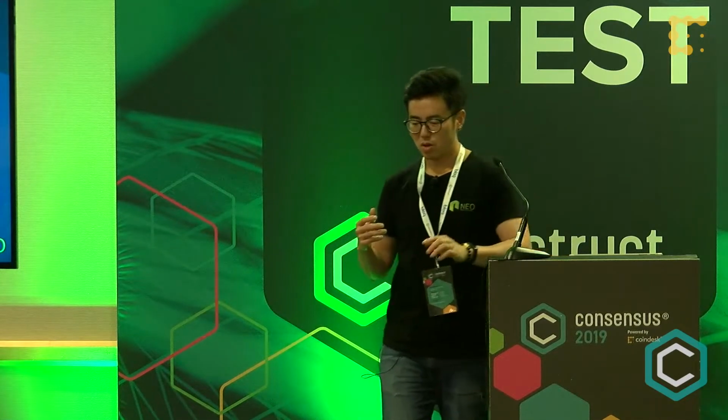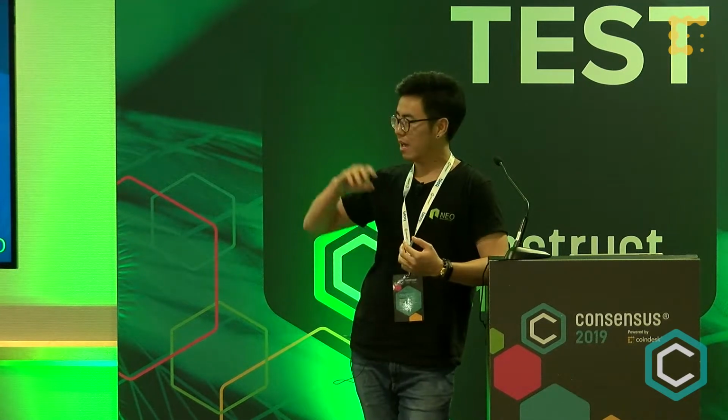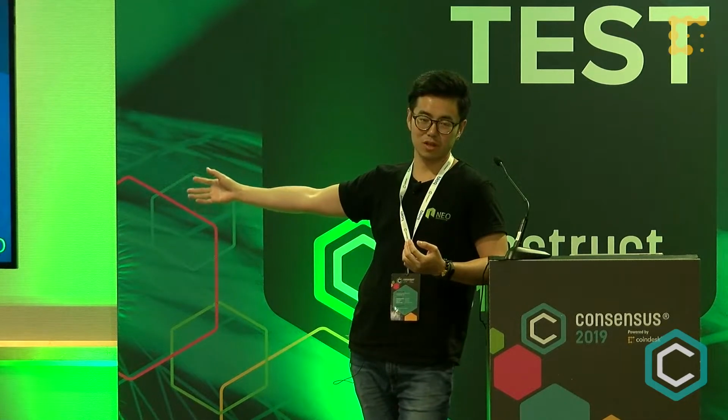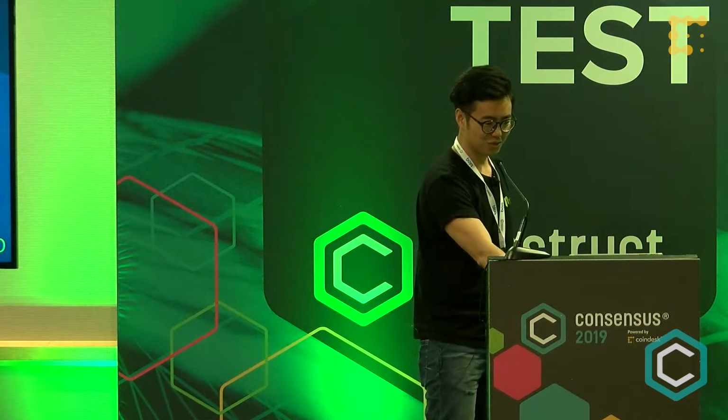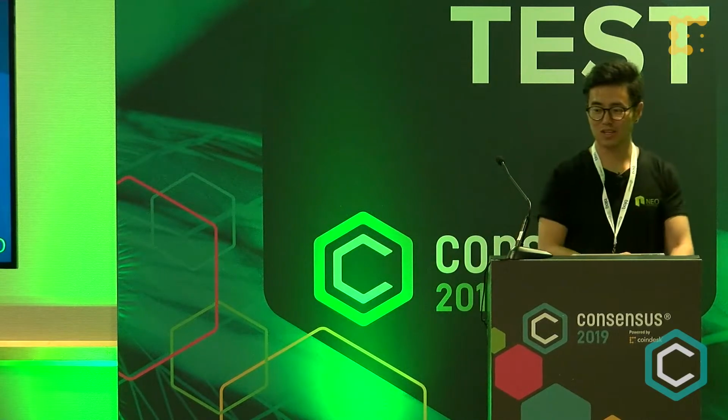And so we have all these tools to help developers simplify the experience. That's what we're looking for, and what we're moving towards. We don't want developers to come to NEO and find it too difficult to develop. That's why we have all the tools to support smart contracts, and we come with this one-stop solution for developers. We're also looking for an even better way to simplify the experience, and that's what John is doing in Seattle. He has something new to share with you about smart contract development.